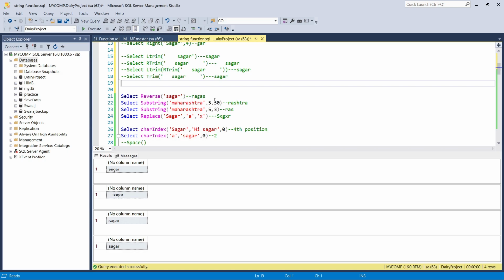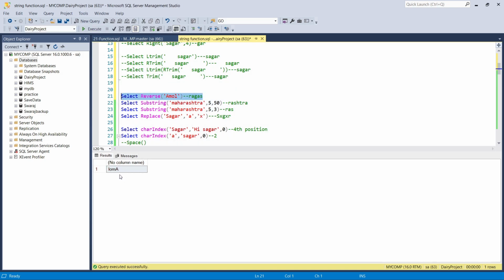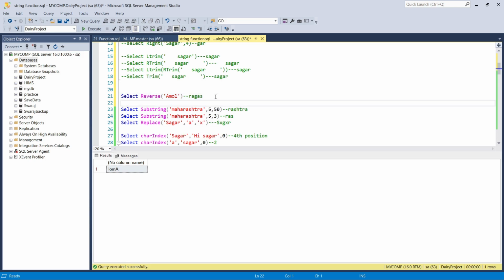Yeah. Next function is the reverse. Reverse is used to reverse the string. Suppose there is Sagar, or then another is Amol, correct? Here we are reversing the string. Here is the built-in function for the reverse. And next thing is